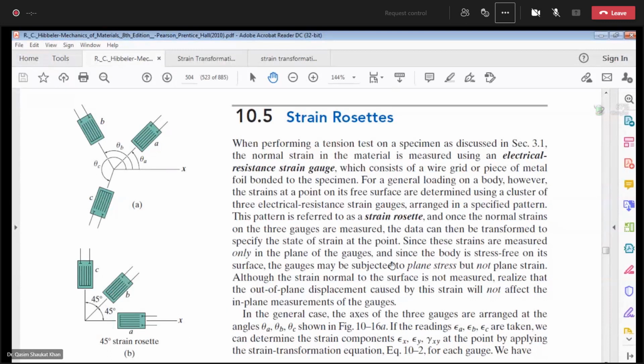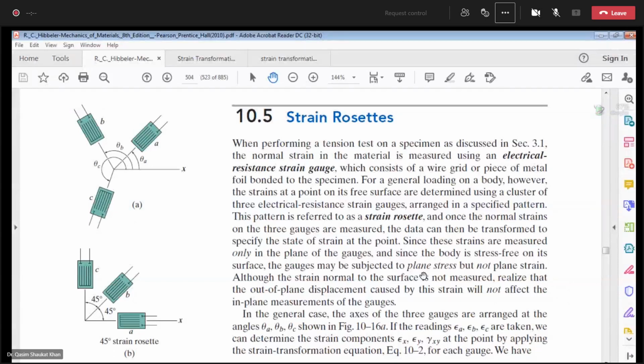Okay. So this pattern is referred to as a strain rosette, and once the normal strains on the three strain gauges are measured, the data can then be transformed to specify the state of the strain at the point. Since these strains are measured only in the plane of the gauges, and since the body is stress-free on its surface, the gauges may be subjected to plane stress but not plane strain. Let me explain this. Let me complete. Although the strain normal to the surface is not measured,